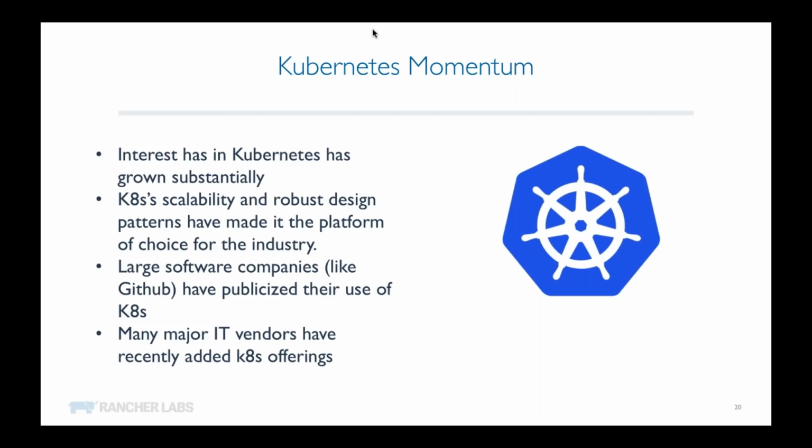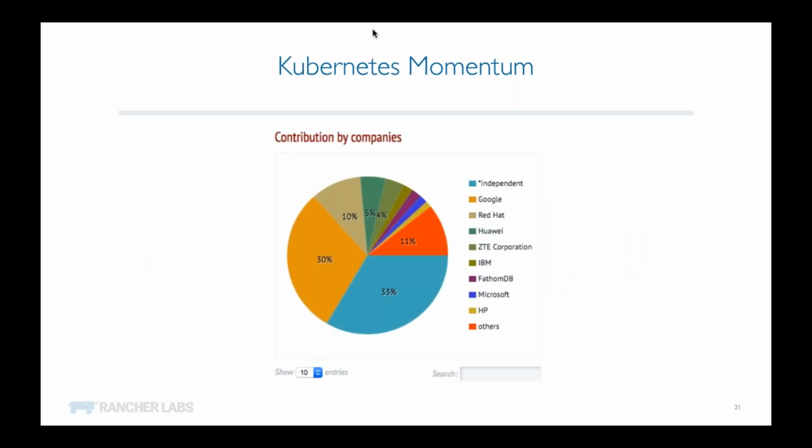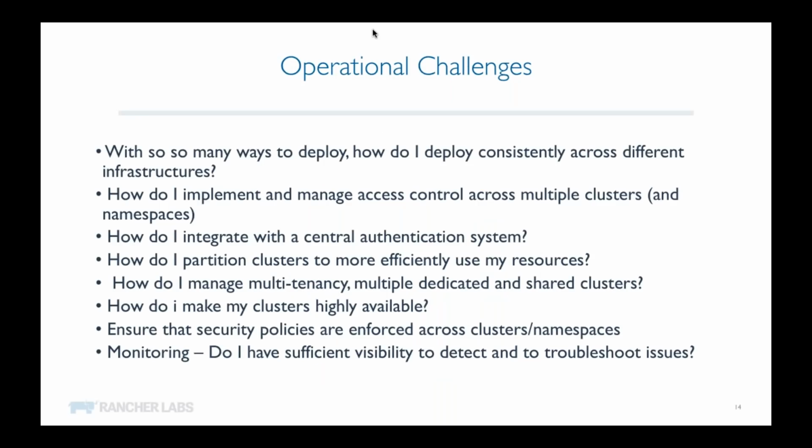And actually now we see more and more IT vendors adding managed Kubernetes offerings. If we look at the code base of Kubernetes, we can see that a lot of the big players are contributing to it, which is a good sign. So let's move forward. As I said, we have been supporting Kubernetes for quite a bit of time,